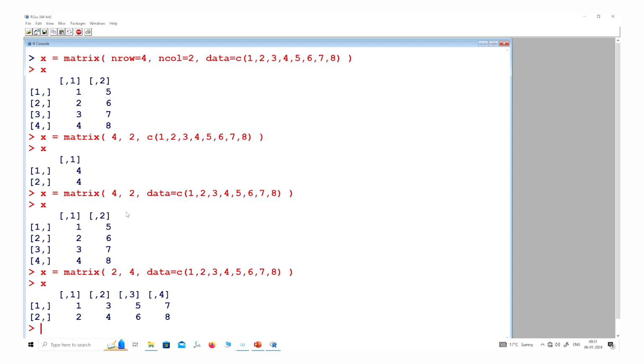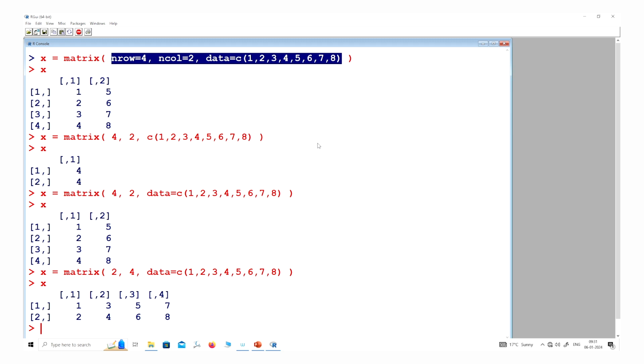But as a layman, it is very difficult for me to understand by looking at 4, 2 and 2, 4 whether it is the number of rows first, then the number of columns, or vice versa. So my simple suggestion to you all is that always write the parameter name such that it is 100% clear to everyone what we are trying to do and there is absolutely no confusion.